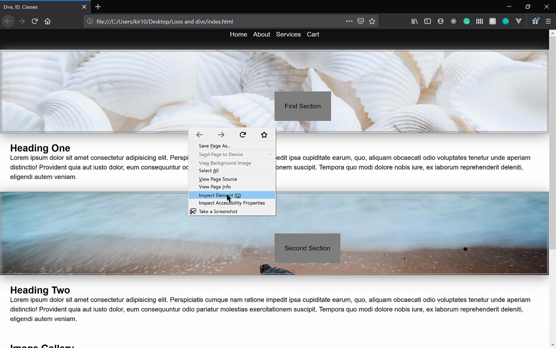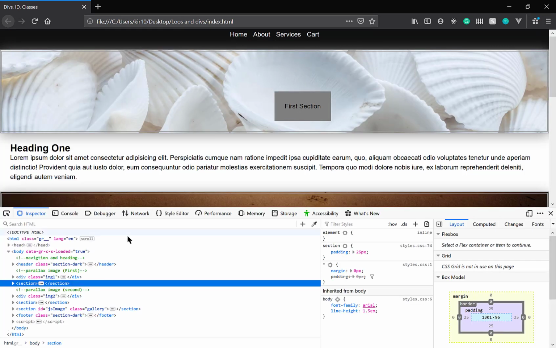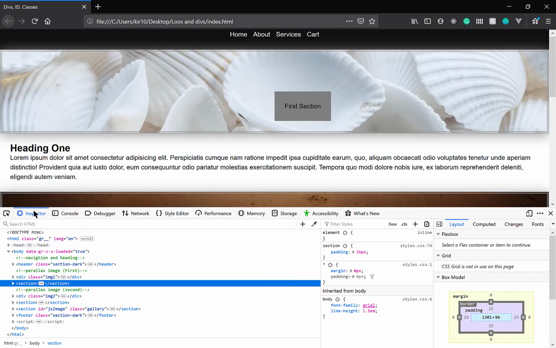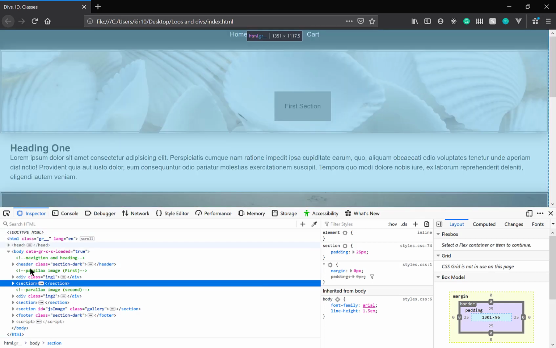So if I click on Inspect Element on my page here, I get this nice little, or what at first looks a little scary, tool. But as you get comfortable with any tool, at first it's got a little learning curve, and once you get comfortable with it, you're like, how could I have lived without this? By default, I have the Inspector tab selected,